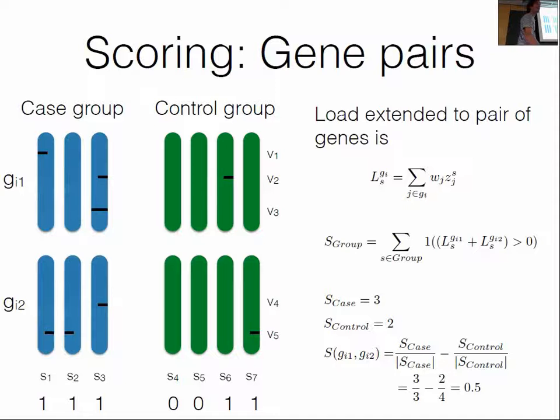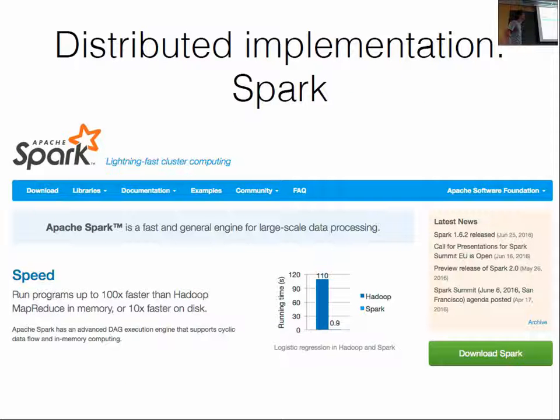Which brings us to Spark, the framework that we chose to do this distributed implementation, because that is probably the best framework for distributed computing now, in terms of the trade-off between robustness to node failure in a cluster and the